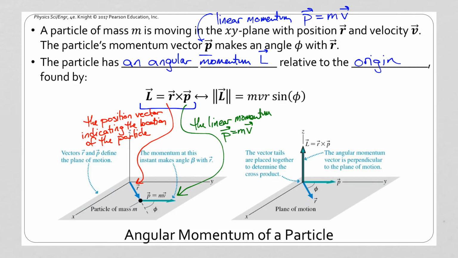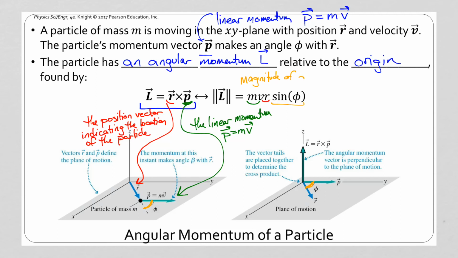We have seen previously that the cross product of two vectors is going to be the product of the magnitudes of those two vectors, right? mv is the linear momentum p, and we're multiplying the two magnitudes of the vector by the sine of the angle between the two vectors. In this case, this angle phi, or if we pick up the momentum vector and place it at the origin, we'd have this angle phi over here as well. This is the magnitude, the amount